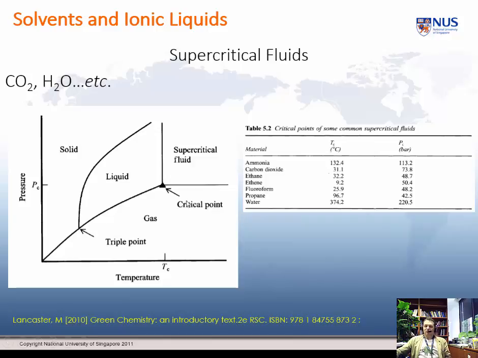I don't need to remind you what they are. This is a generalized pressure temperature phase diagram, and so you increase the pressure, you increase the temperature, and okay, you have the triple point there, but you continue up the curve. There is a point at which the density of the liquid is the same as the density of the gas, and at that point you have another area, you have solid, liquid, gas, but now you have supercritical fluid. And basically, to get a supercritical fluid, you need to be above that critical point in terms of temperature and